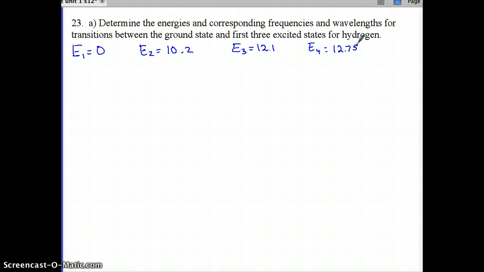So the first one that I'm going to do is 1 to 2. So what I do is I first subtract my energies. Now, in this case, that's very easy. It's just 10.2 because one of the energies is 0. When you try your own, though, you'll have a little bit more complex subtraction, not that even that is going to be very hard. And I can set that energy equal to the energy of the photon, which is, of course, equal to hf. So I can say that 10.2 is